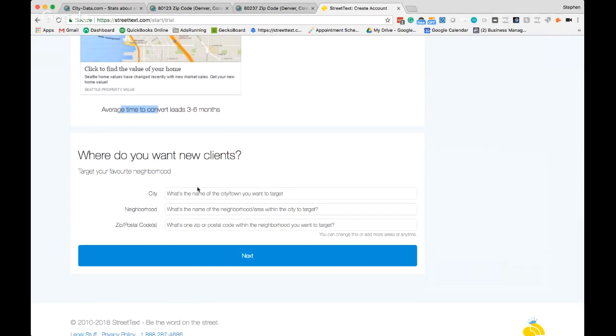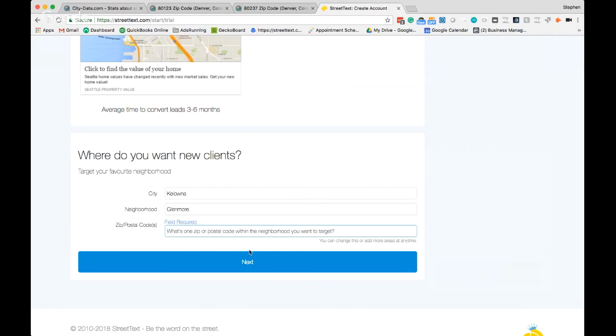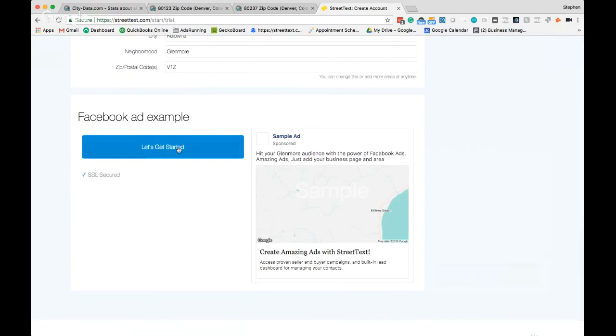Where do you want to attract those new clients? So let's just say, I'm going to say Kelowna, where we live, and I'll say I want to target specifically Glenmore, which is an area within Kelowna. And if I know the zip codes, the postal codes, the ones that I looked at on CityData, you can enter them here, or you can just choose the area itself. Click next, and oh, it wants one. I know that where we live, it would be this. Click next, and then just click